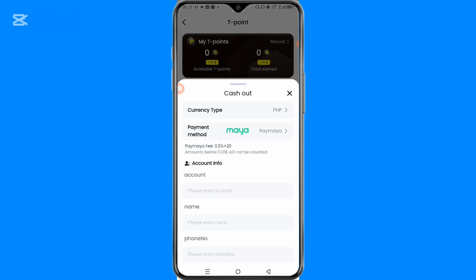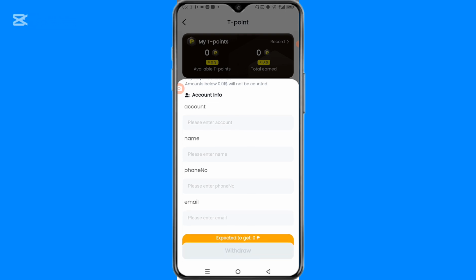and now you can type in your account number, your name, your phone number, and your email. If you type it correctly, the option for withdrawal will pop out. You just have to click on it in order to withdraw your USD to your account. So guys, I hope this was able to guide you on how to use the Philippine withdrawal method on the Lollipop